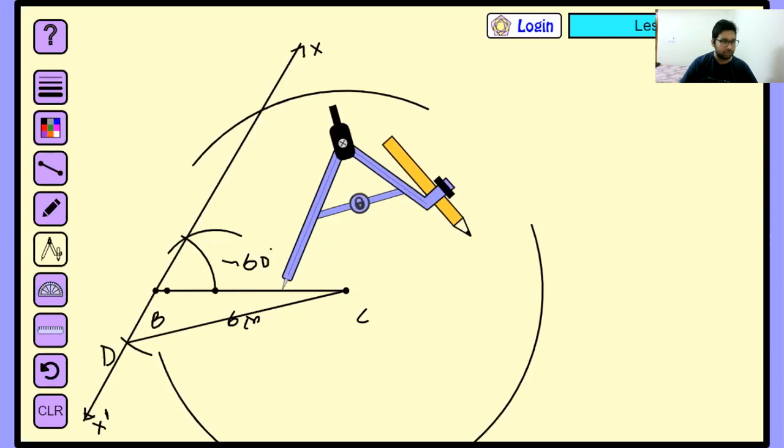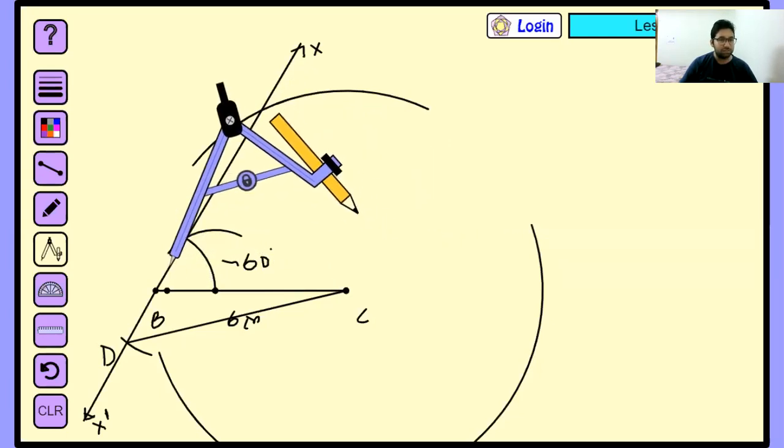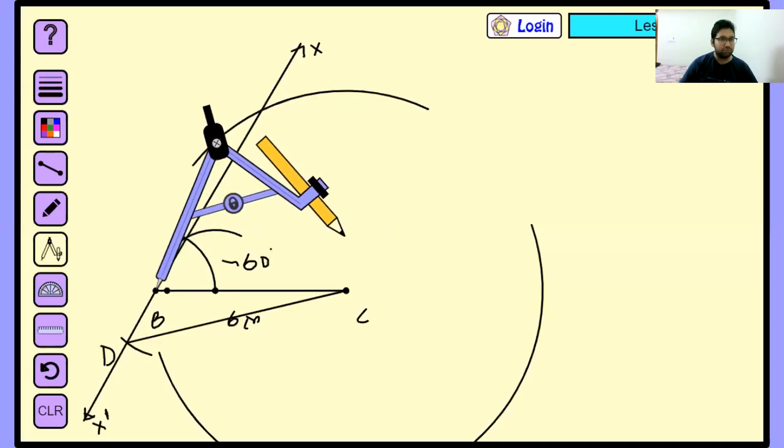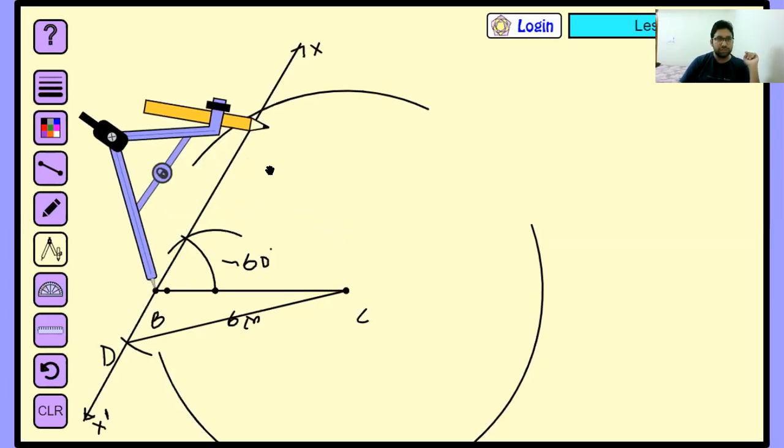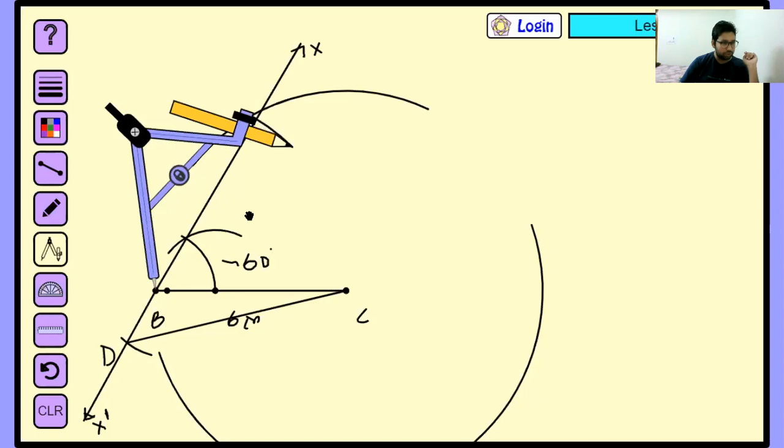Now the second arc. Sir, there are 2 points. Okay, sorry, that second point is a false one. This point where right now my needle is pointing is the point B. That is a coincidence, the second one. Now see, it has nothing to do with our story, it is merely a coincidence.